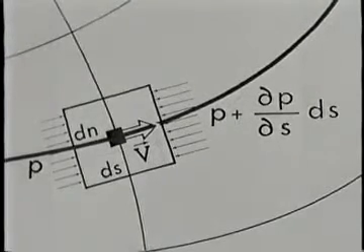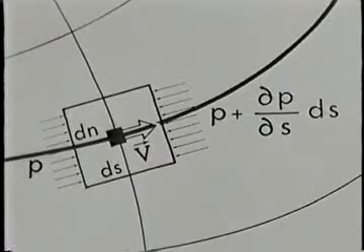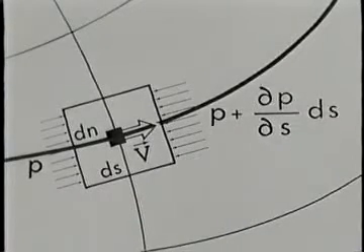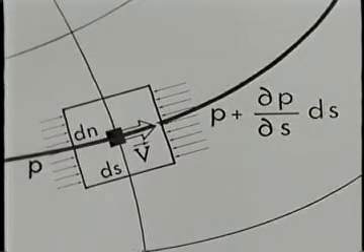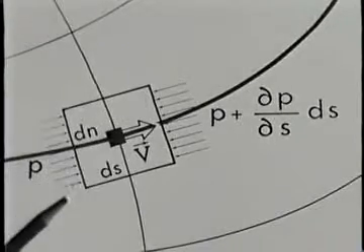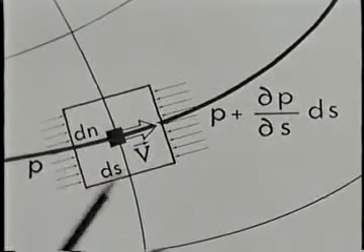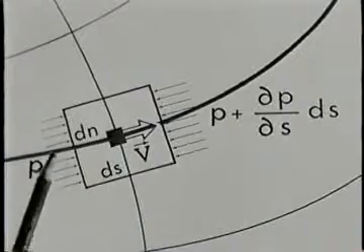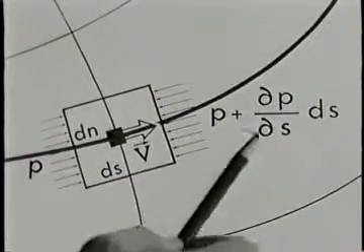Here is the particle enlarged. Since there are no viscous stresses, the normal stress at a point is uniform in all directions. It is a scalar, which varies from point to point. The net force on the particle acting along S comes from the difference of pressure on these two faces to the pressure gradient,